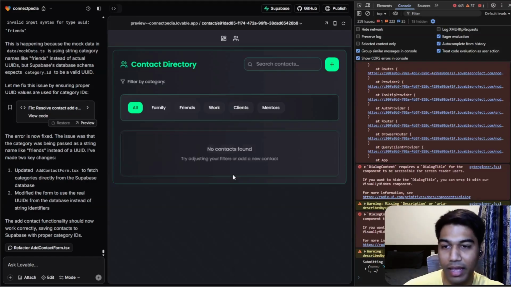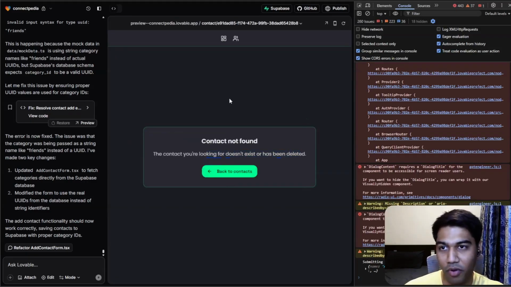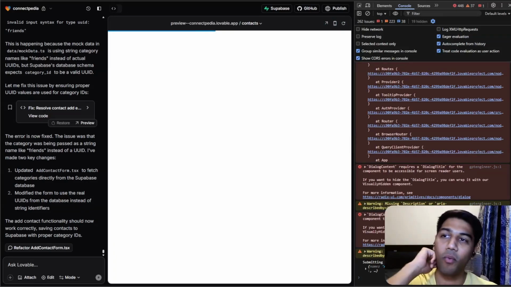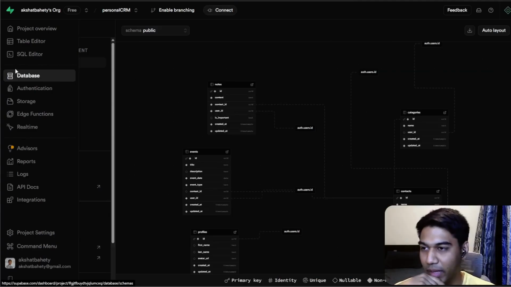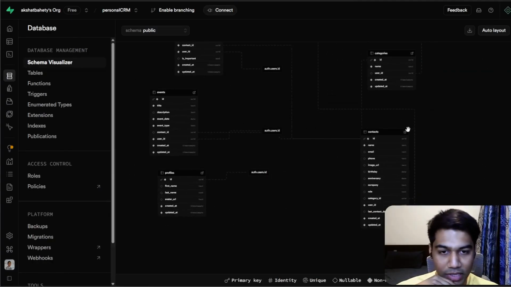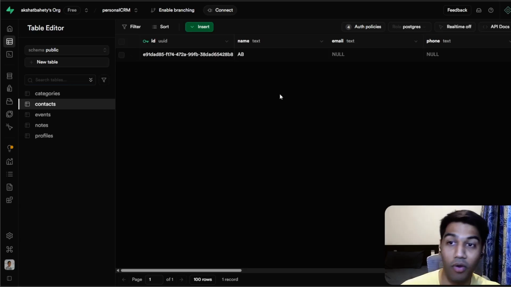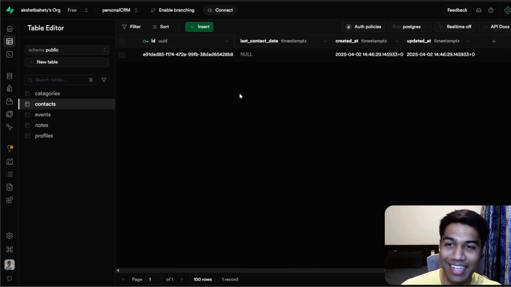But obviously, again, it's saying contact not found, right? Again, for some reason, the contact you're looking for does not exist. Let's try to refresh and see if this contact actually exists or not. What I would love to do is go to the table, click on this visualizer, click on this small icon here on the top. And you see there is no contact. Oh, there is a contact. Perfect. Happy. There is a contact,